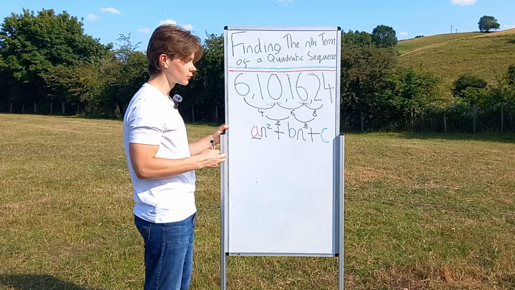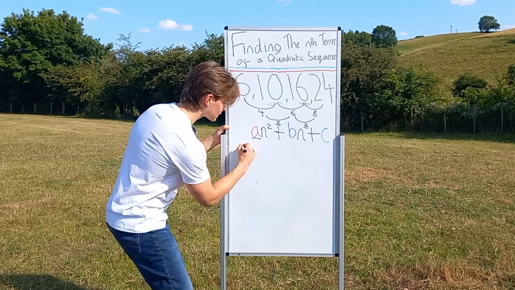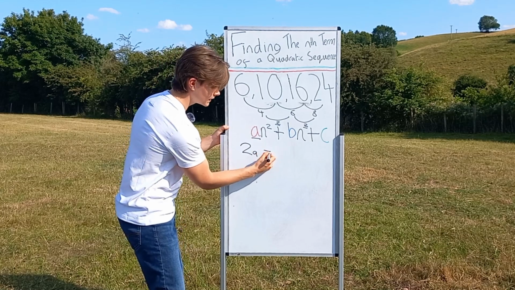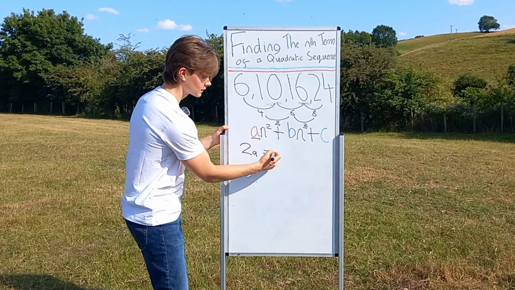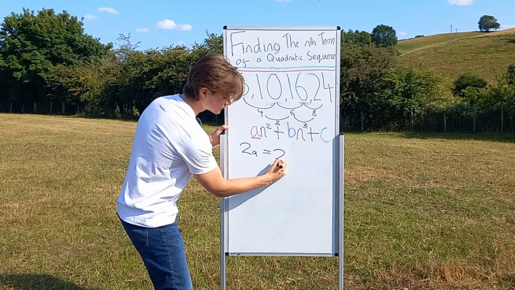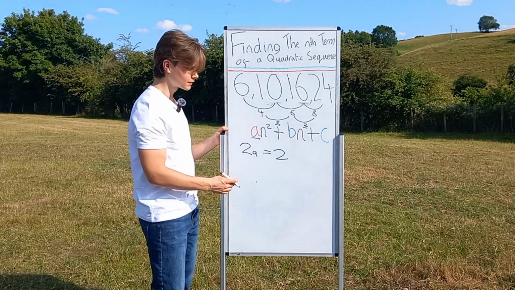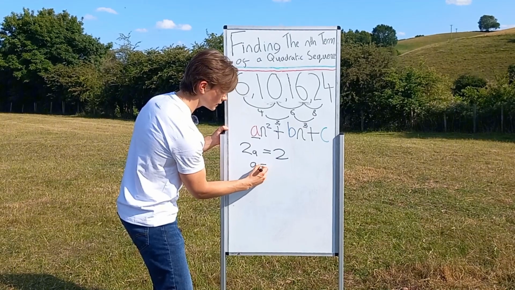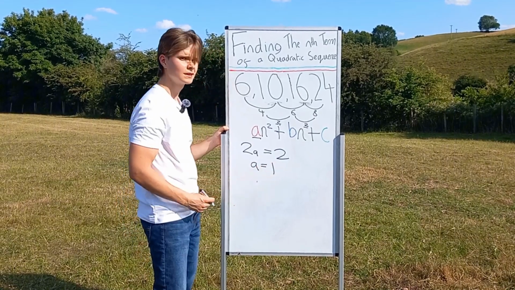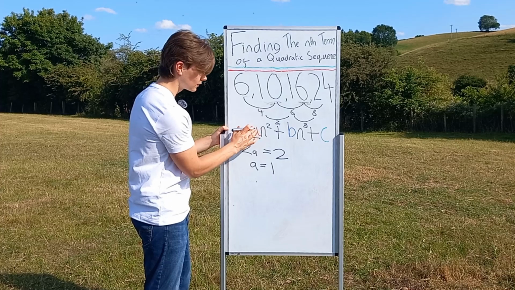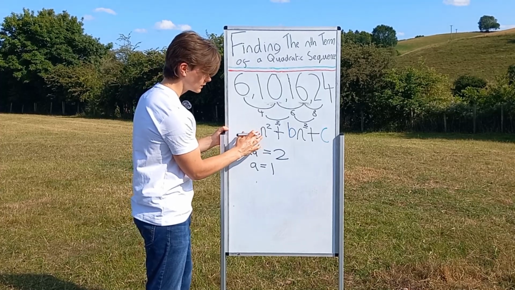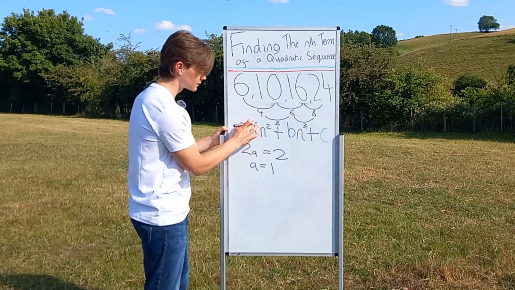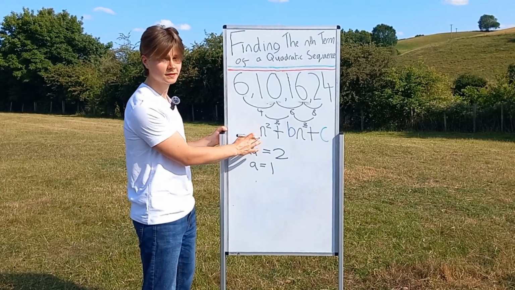And this brings me on to the first equation we use, which is that 2a, so 2 times this number right here, equals the second difference. So in this case, 2. So then we can just divide both sides by 2 to get that a equals 1. So that means our a value here, we can rub it out and replace it with 1. 1n squared, which is just the same as n squared, so we can just get rid of that 1 right